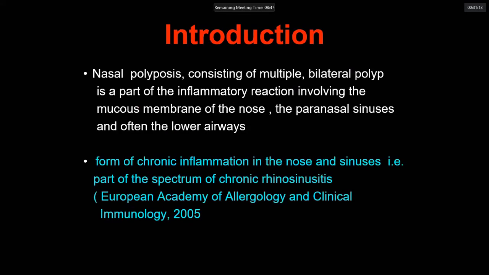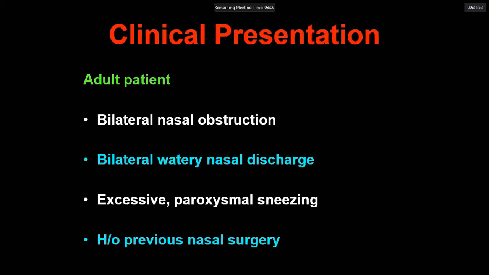So now it's more polyps. Sometimes you hear the word nasal polyposis, or you see it mentioned in our OPD tickets or elsewhere. By nasal polyposis, we always mean ethmoidal polyps, or sinonasal polyposis. Nasal polyposis, consisting of multiple bilateral polyps, is part of an inflammatory reaction involving the mucous membrane of the nose, the paranasal sinuses, and often the lower airways. It is a form of chronic inflammation of the nose and sinuses that is part of the spectrum of chronic rhinosinusitis. Different sources have different definitions, but